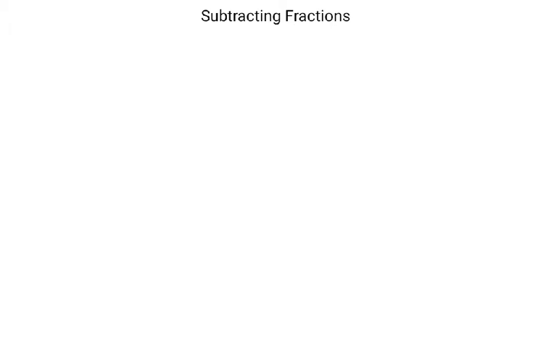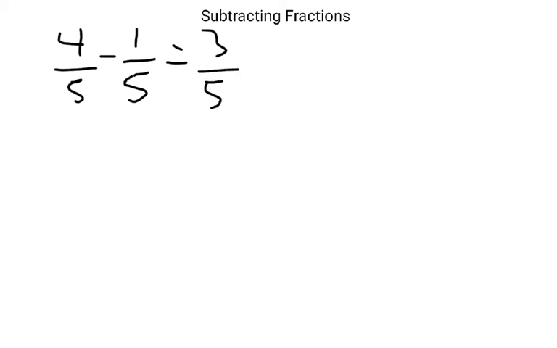We have the same idea when we subtract fractions, that we have to subtract things that are the same. So if we have 4/5 minus 1/5, we're good because fifths, the 5, is already the same denominator. So we're just going to do 4 minus 1 to get the numerator, and 5 is the denominator. But if it was 4/5 minus